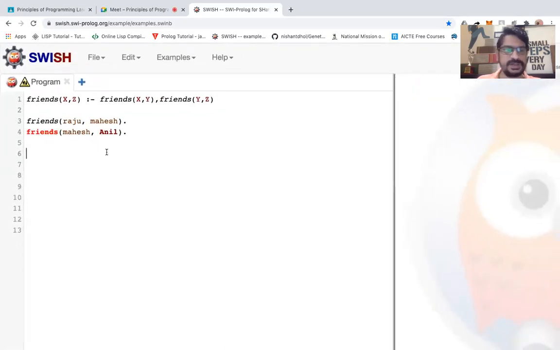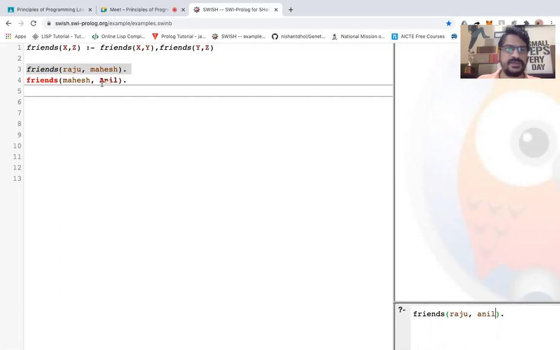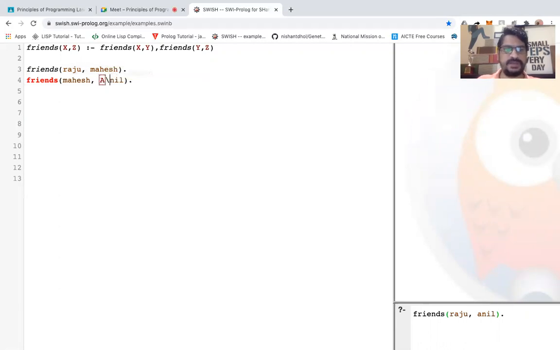My question is whether Raju is a friend of Anil or not. Because I have written in a capital letter, it is giving some warning. It is better to put it in a small letter. So my question is, is raju a friend of anil or not? I haven't defined it, right?